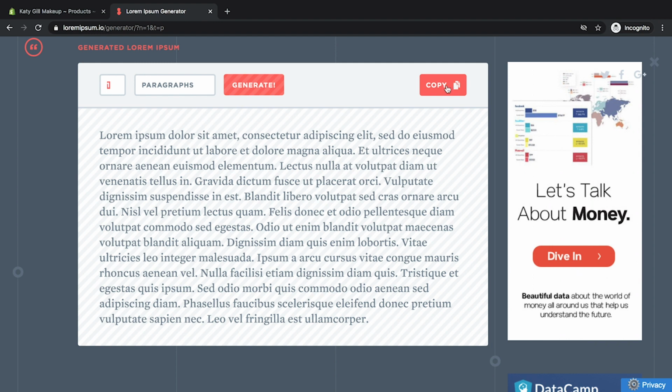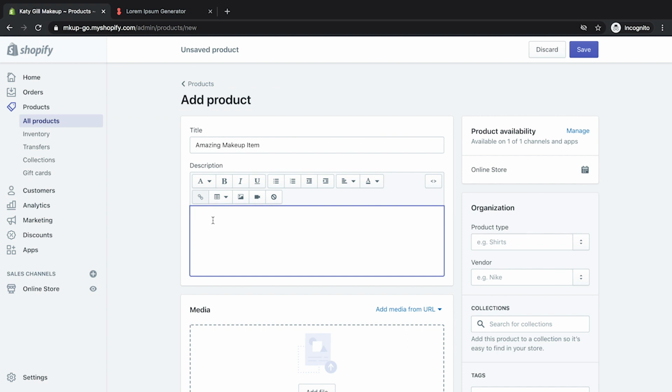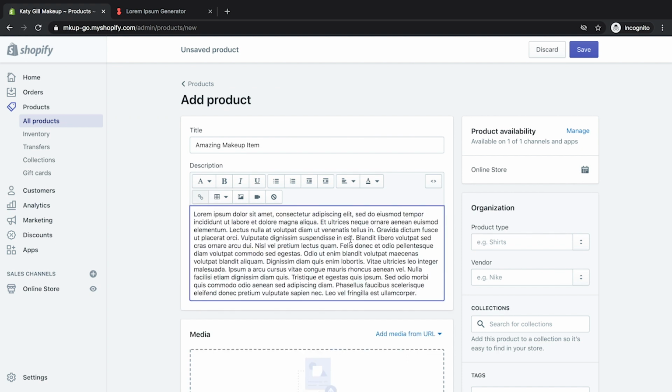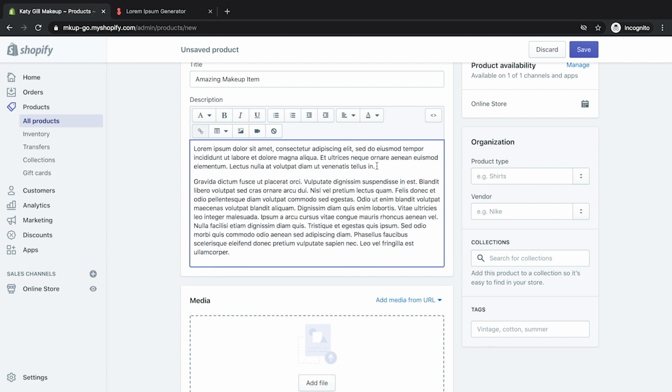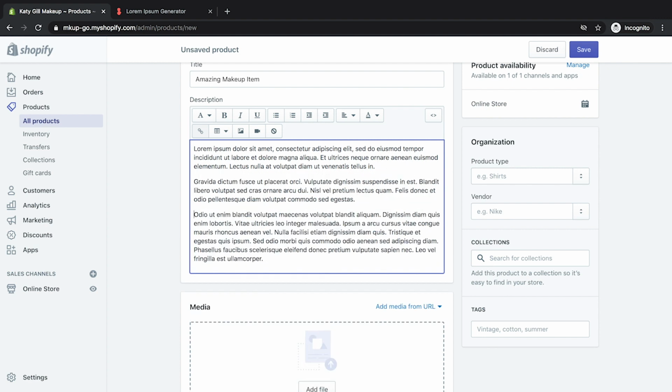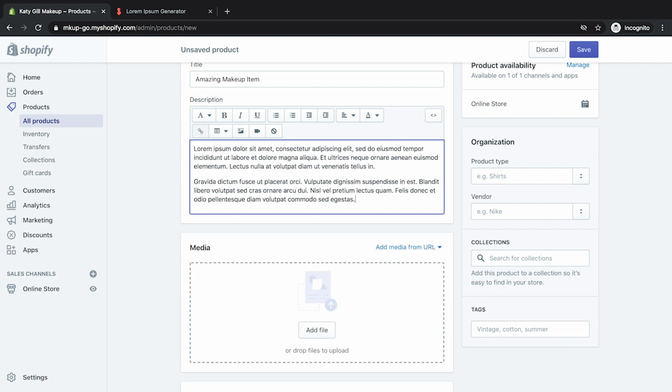So let's copy the copy and go back to the store, and we'll paste this in, Control and V. So I'm just going to paste that in. Okay, so back to what I said before, this is far too much text. It looks like too much. So the best thing to do if you can is break it up into small paragraphs. Actually, let's just keep it short. We don't want too much on there. You just want to give the customer the key benefits of what they need and take it from there.